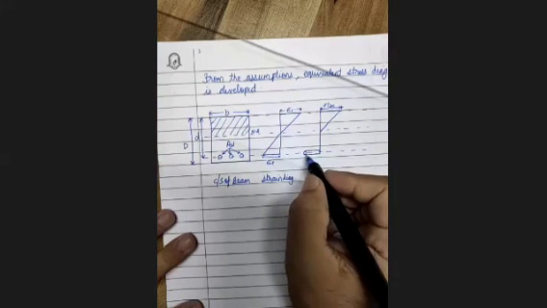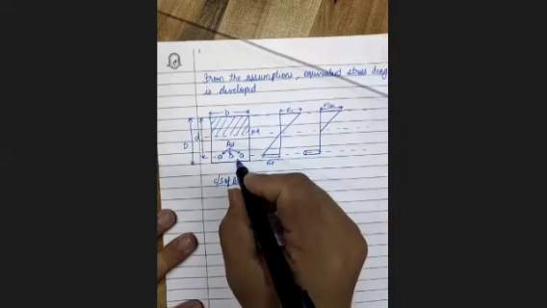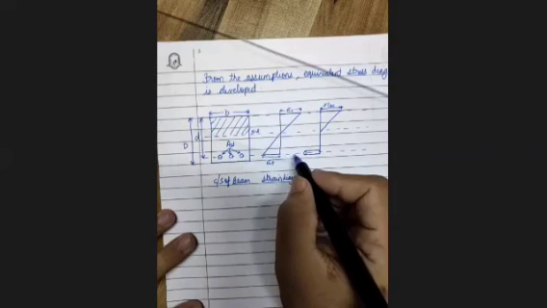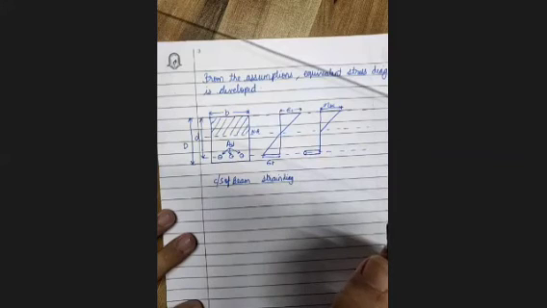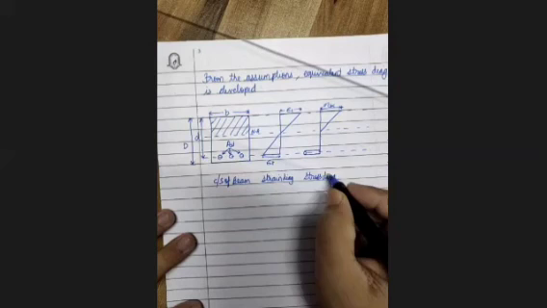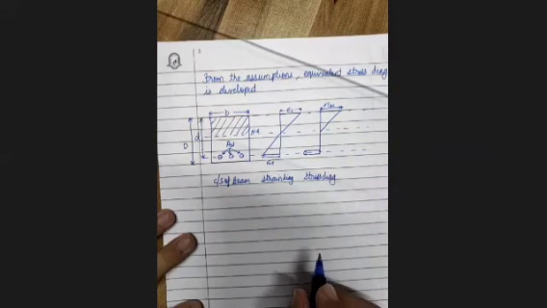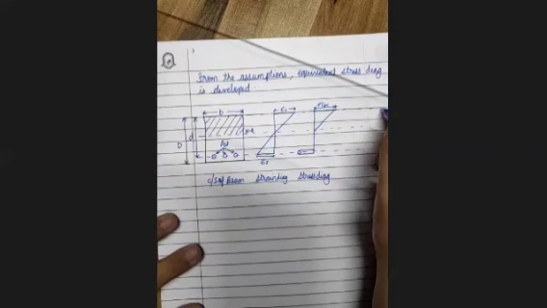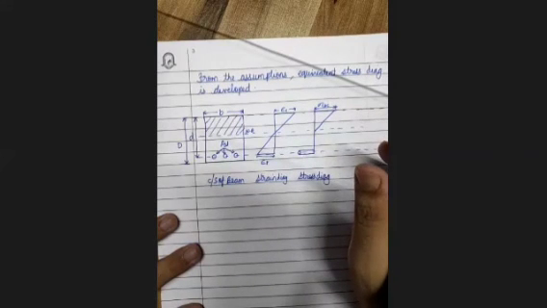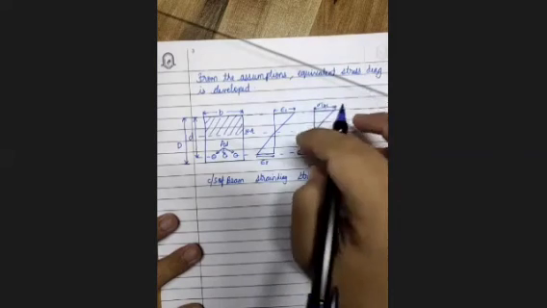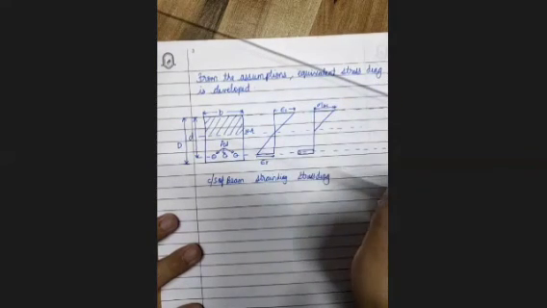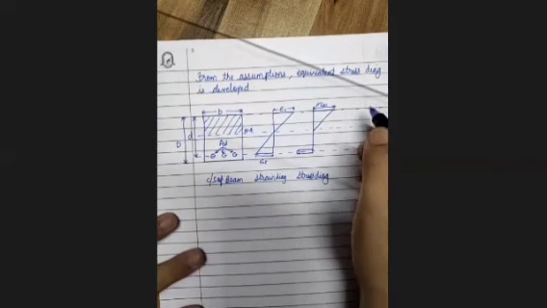So the stress at this point will be taken by the area of steel. Can you see I have drawn the stress diagram only where the bars are located. I hope this is clear to everyone. So this is the stress diagram. Now the most important thing, we will draw the equivalent stress diagram, and that diagram will be used to derive the equations. With the help of this diagram, can you derive anything? No, you cannot derive any equation with the help of this diagram. That is the reason we will draw the equivalent stress diagram.